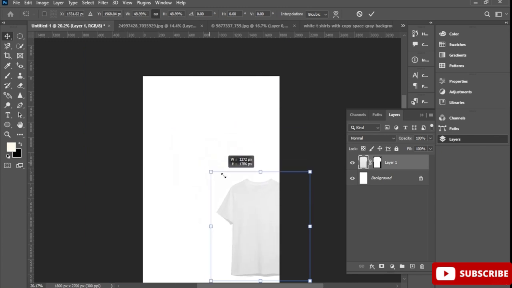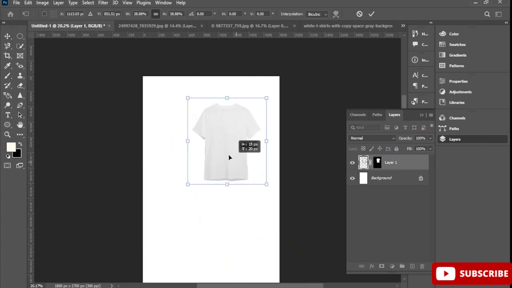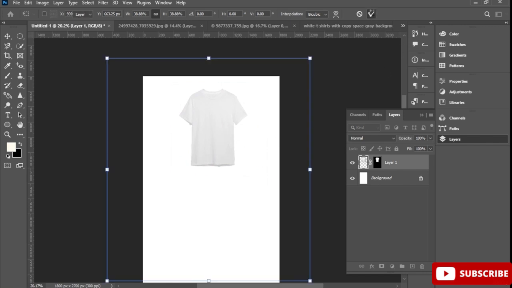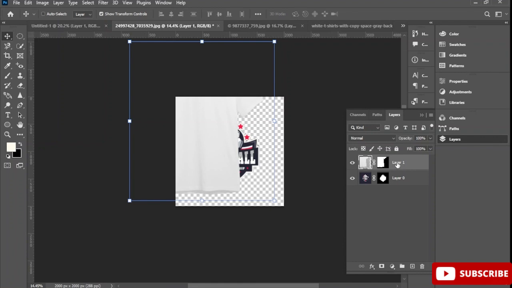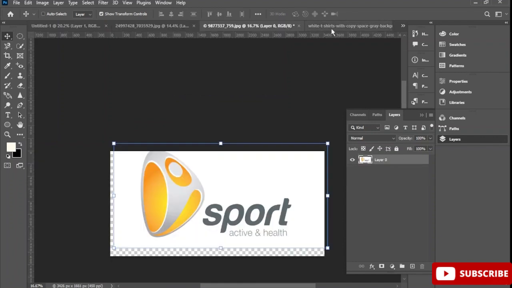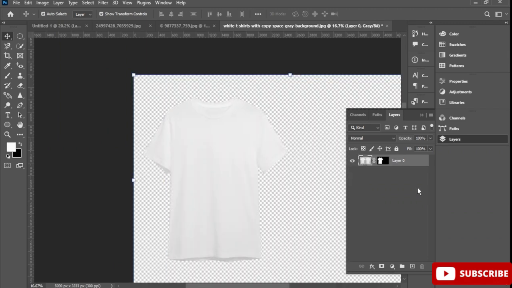What I'm going to do is resize it. Keep it over here. I'm going to get over here and press Control Z, because I'm going to need that layer, not this layer. I'm going to go up, down. I'm going to select this area too, press Control Z, because I'm going to take the